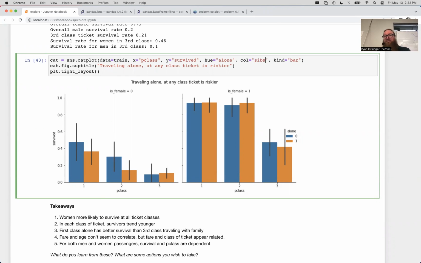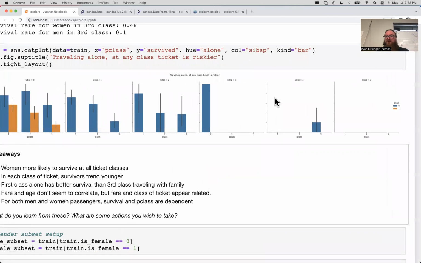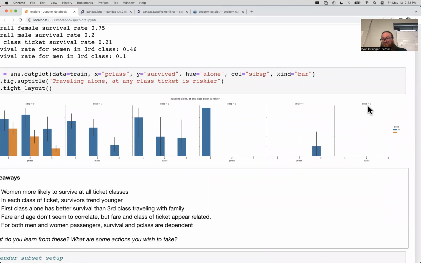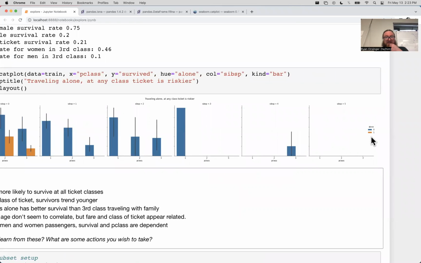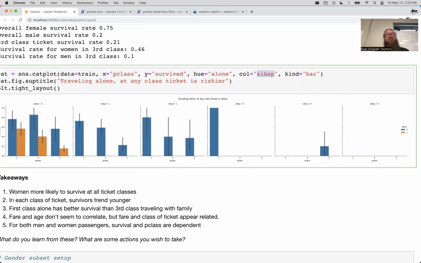What did we have? SibSp. We'll get 1 chart for each SibSp. Now, this tells us we don't have very many options for the SibSp. And yeah, we only see if somebody's alone if SibSp is 0. So this particular chart isn't that useful. But if you have multiple categories, well, by gum, folks, I want to tell you, you can get 4 variables on 1 chart and not lose your mind. We could jam more variables on here with the X's and O's or the size. That gets really hard to reason about.